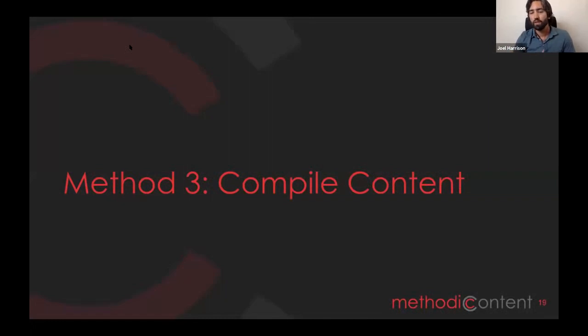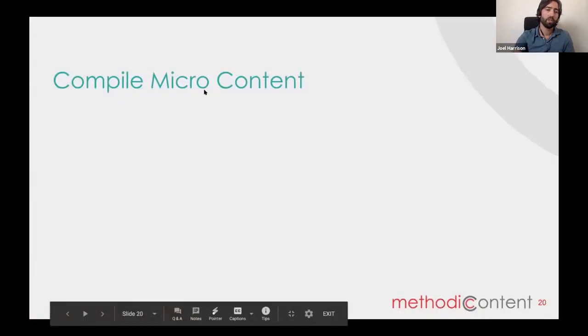Method number 3 is compile content. So this is actually the reverse of repurposing content, where we're dividing one core piece of content. This is usually a little bit easier for nonprofits because they're creating more short form or micro content on social